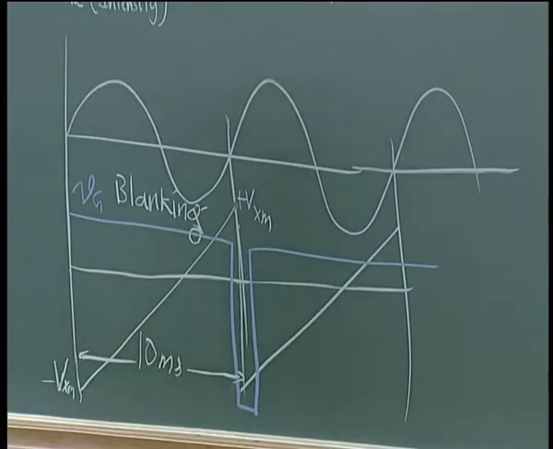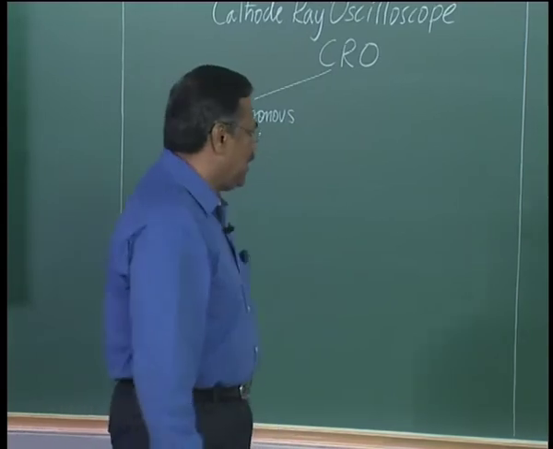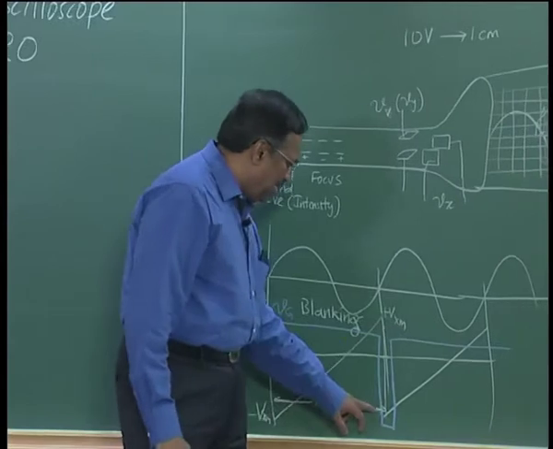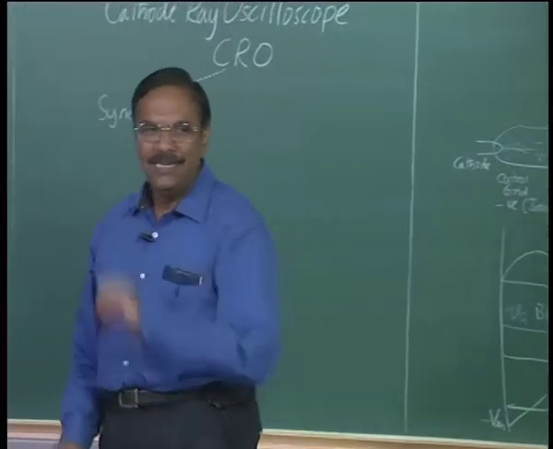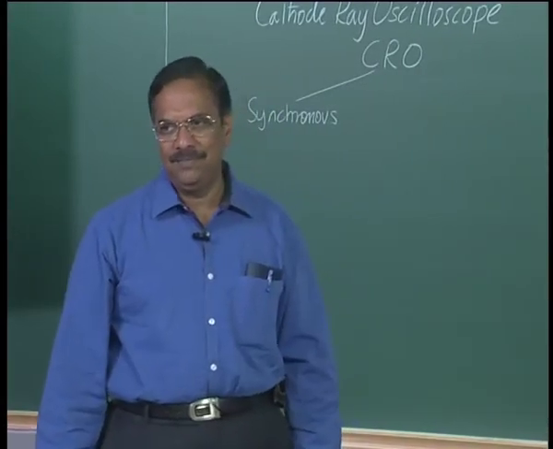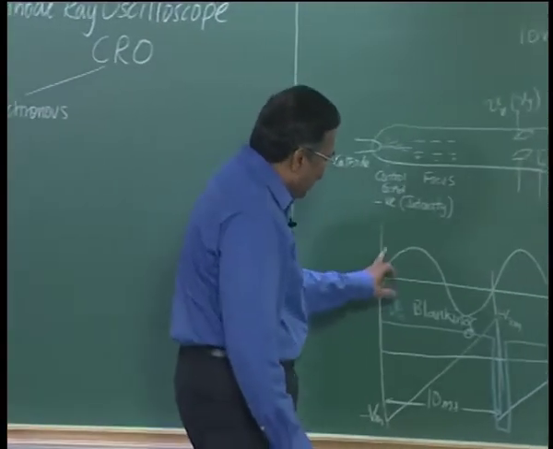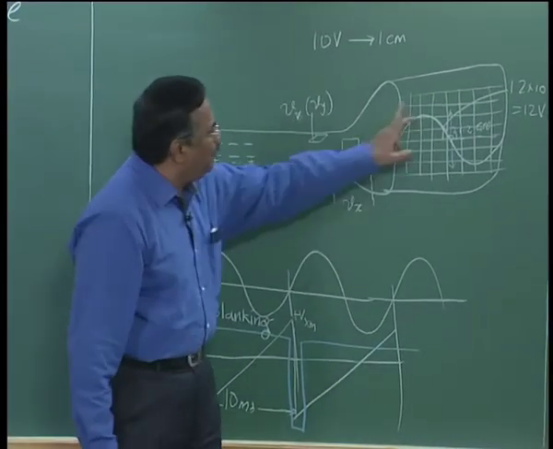I put an oscillator, a sweep oscillator, which generates this sawtooth waveform, and I ensure that that particular oscillator would always go from minus Vxm to plus Vxm in 10 milliseconds, drop suddenly to minus Vxm, and in the next 10 millisecond it will rise again from minus Vxm to plus Vxm, right. So when we do that, if my input is exactly 10 millisecond or multiples of 10 millisecond, I will get a